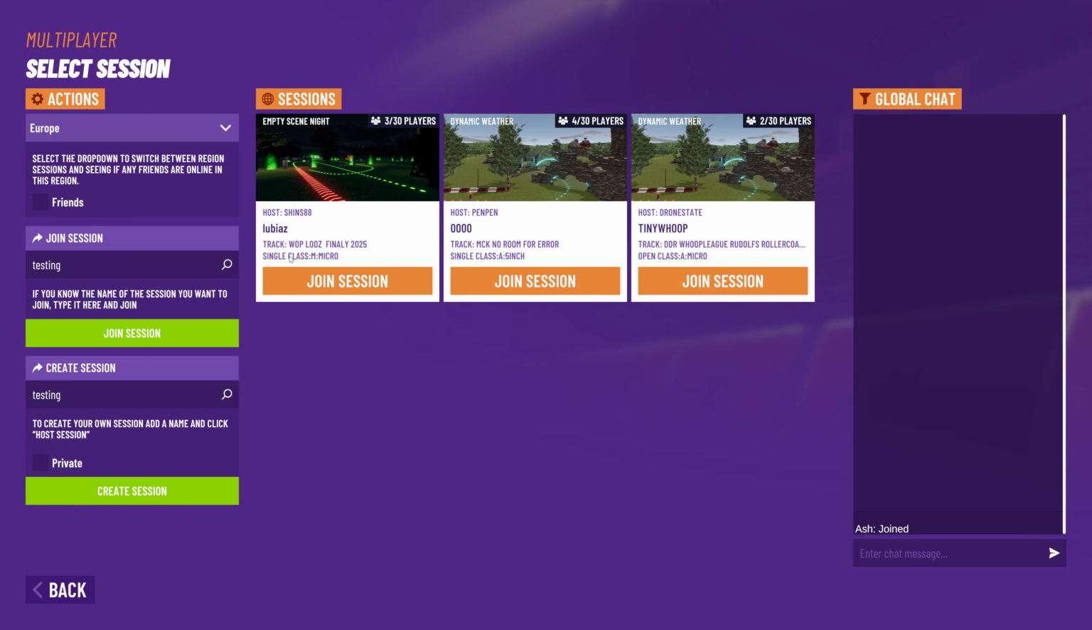Underneath that, it tells you what type of session they're running. So this session is single class, so they're in single class racing, so it's ranked racing, effectively. It's in manual arming mode, which is what the M stands for, and it's a micro class session, so they're flying micros. And then this one here, the track is MCK, no room for error. It's single class, auto arming, and 5-inch quads. And then this one is DDR Whoop League, Rudolph's roller coaster, and it is open class, auto arming, and micro